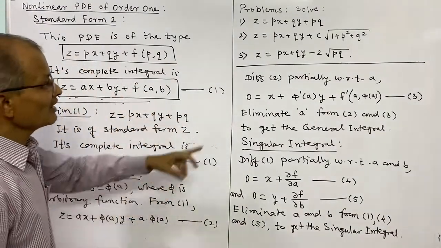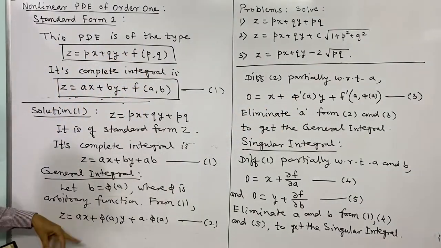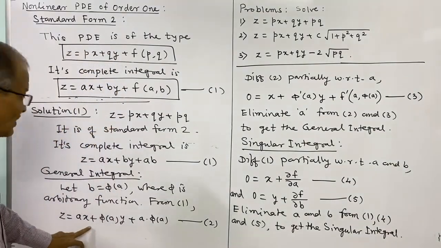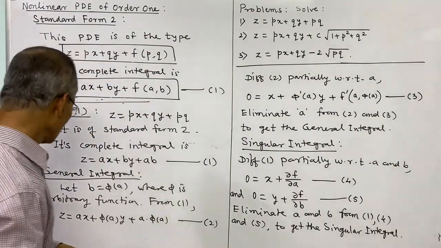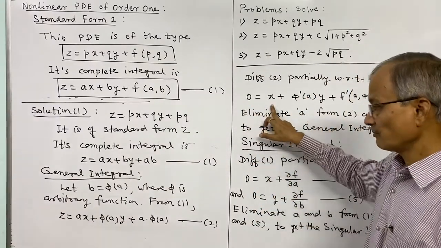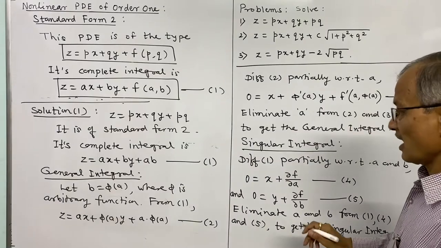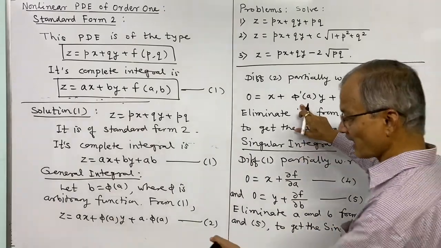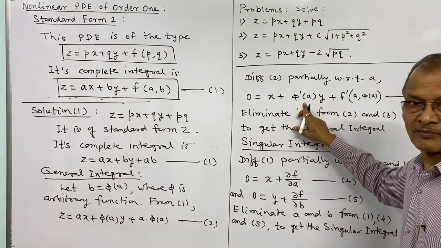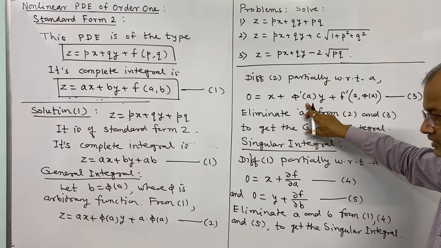Now what we have written: differentiate second partially with respect to a. The same procedure we are following that we have written in the method. Now differentiate this partially with respect to a. So what is the left side? That is 0. And the partial derivative of a into x with respect to a is x. And next, the partial derivative of phi of a into y: the derivative of the function phi of a is phi dash of a, y